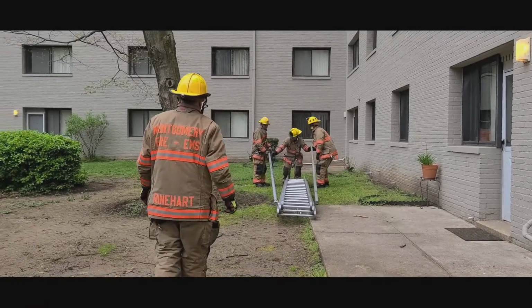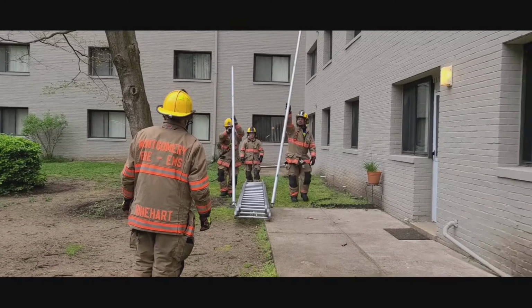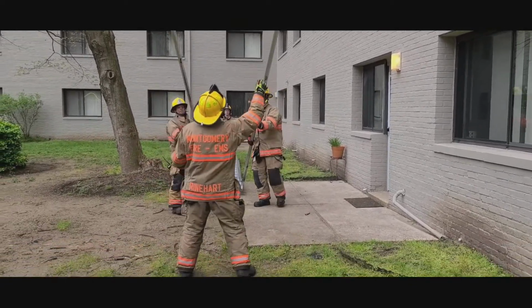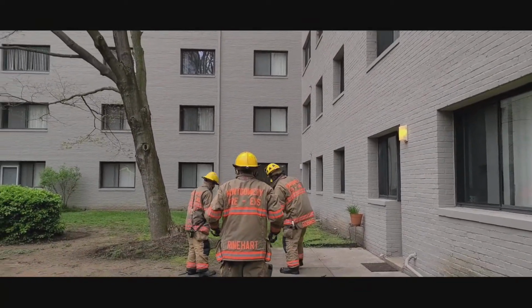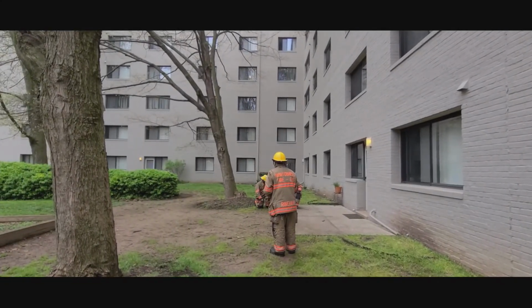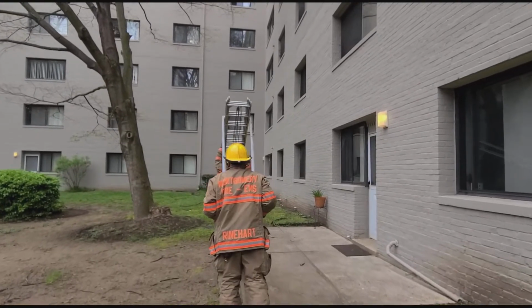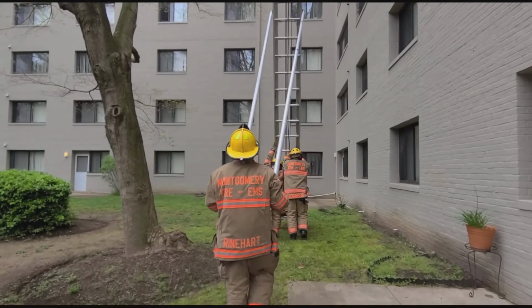Certainly if you can deploy the poles, this is kind of the more traditional way that we showed a few years back, where you have Master Firefighter Reinhardt here taking the poles, and he's able to assist in lifting the ladder up. Again, this is just being able to raise it. This is a 4-person deployment. As it's raised, you see him pushing up and assisting on that raise. Once it goes vertical,